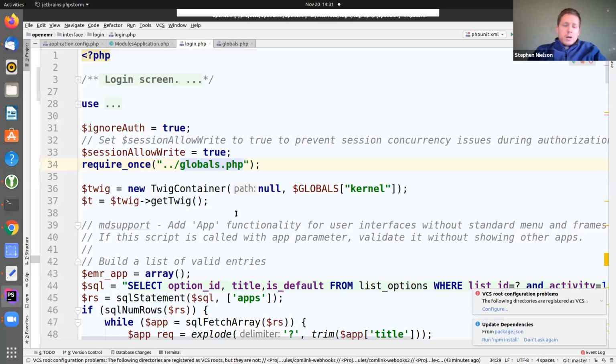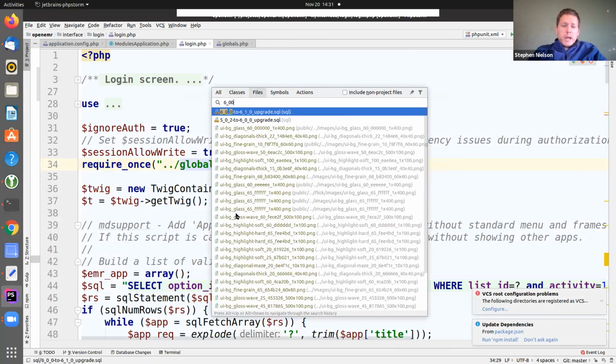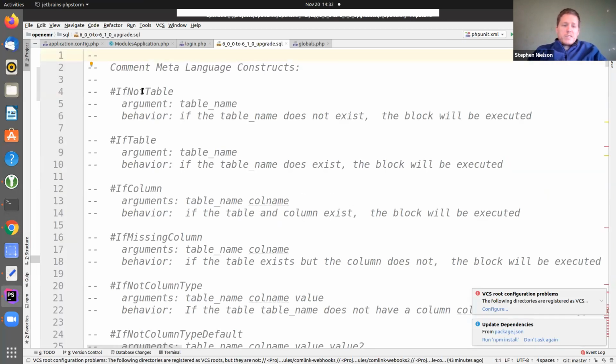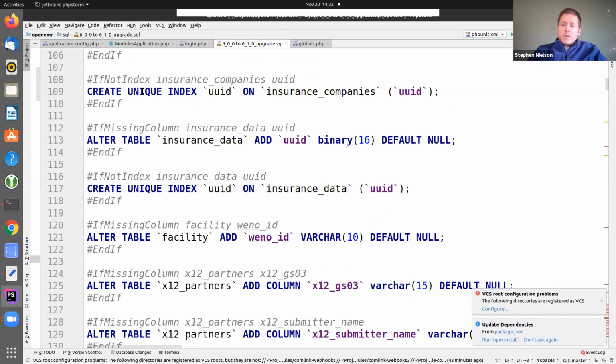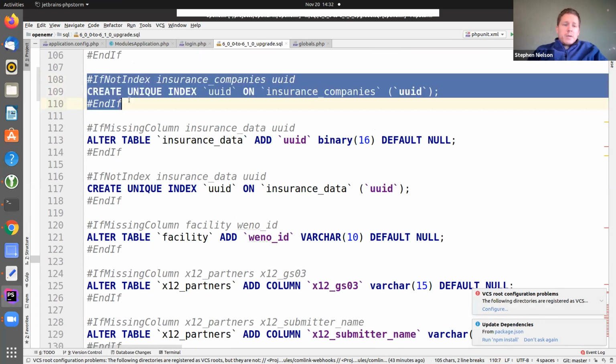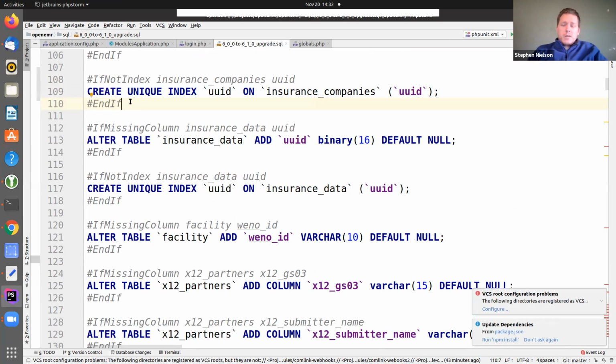So if you look at our SQL files, what we have here for our upgrade, where we have this syntax, if not table, if not row, this domain specific language, this DSL that OpenEMR has built, all of this is available to you inside your table.sql file for being able to add tables, add columns and all of that. So you can check against OpenEMR, do I have this field? Do I have that? What version am I on, essentially, and then add stuff in your module accordingly.